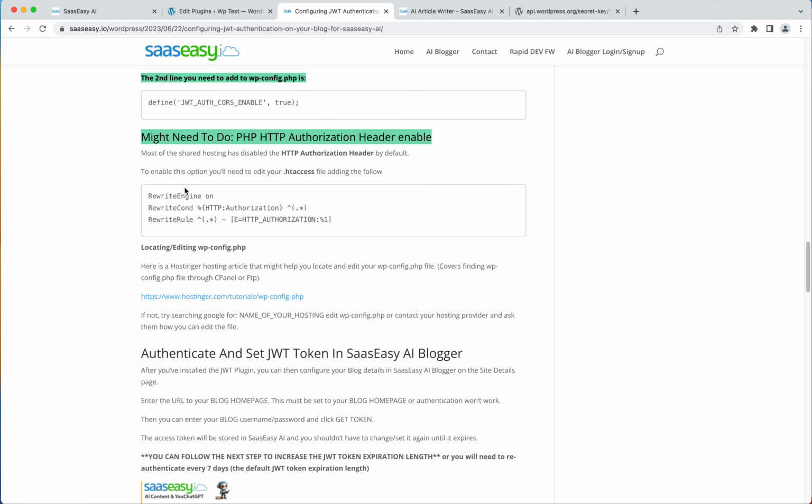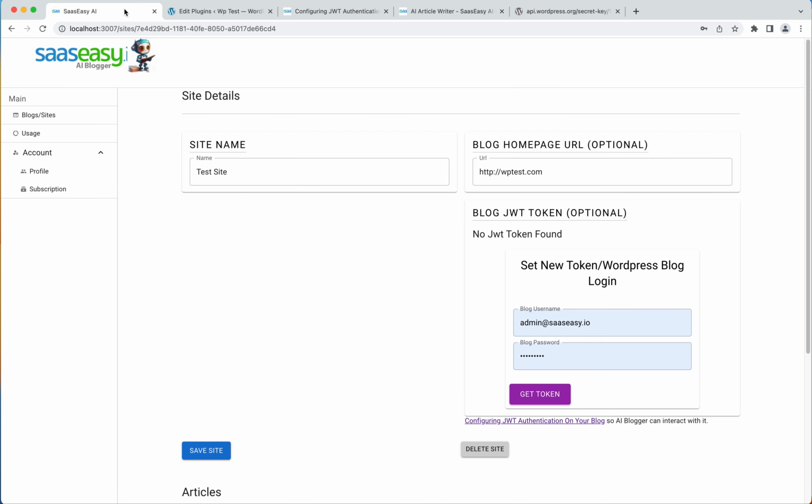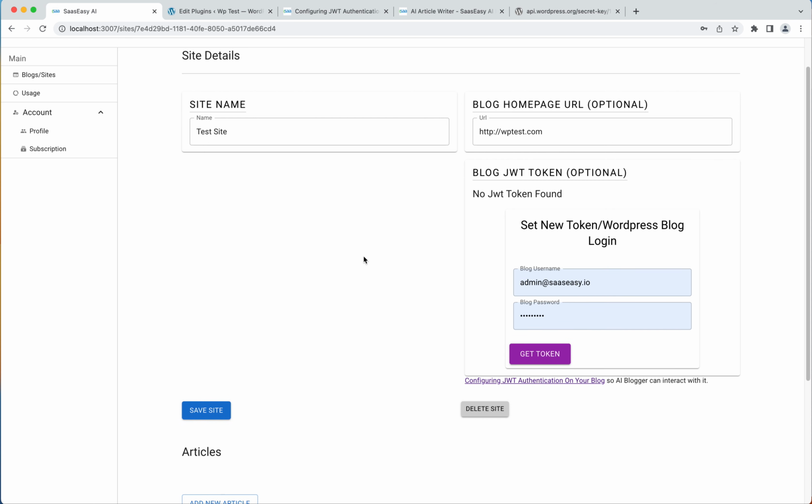On some hosting, you may also need to edit this htaccess file, but you can try to authenticate at this point with what we've done. If not, then you need to come back and do this step here for the htaccess file. So if we come back to AI Blogger, now you can put in your username and password for your blog. Click Get Token,